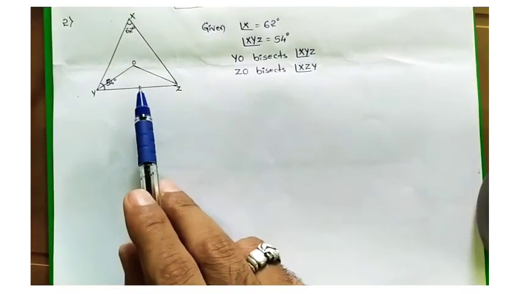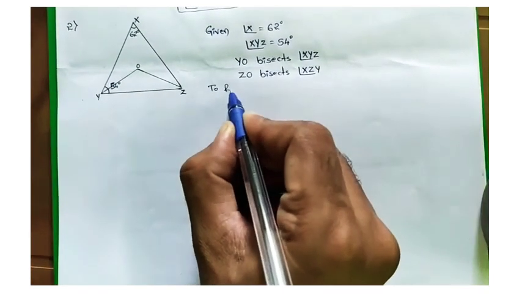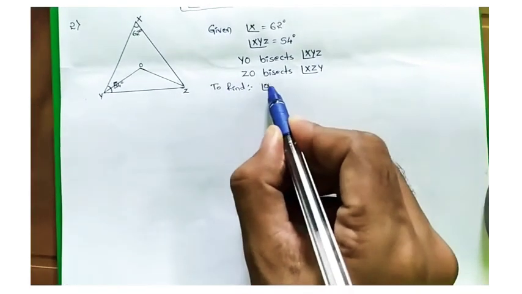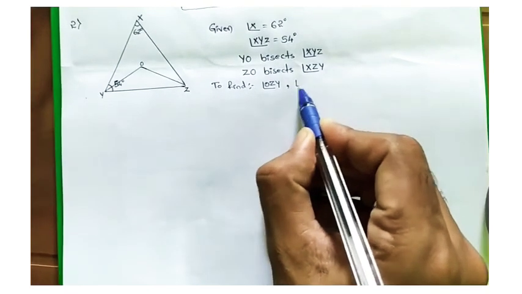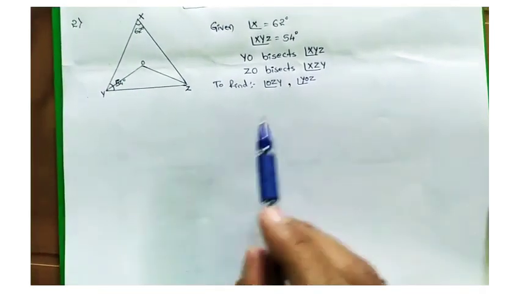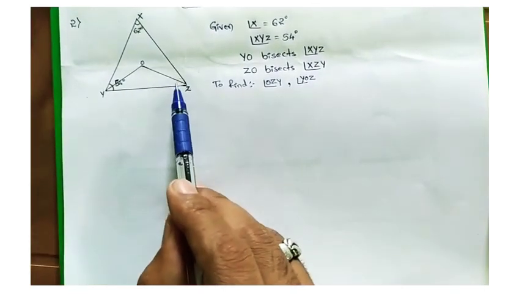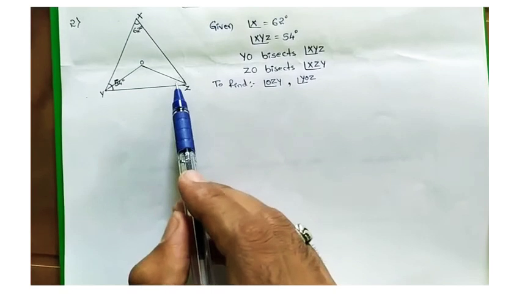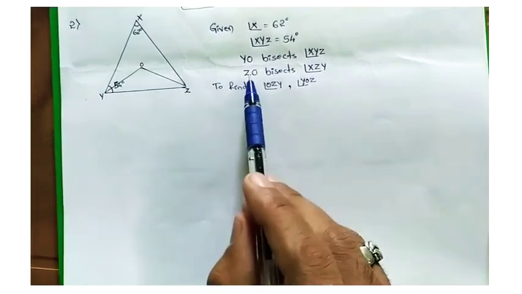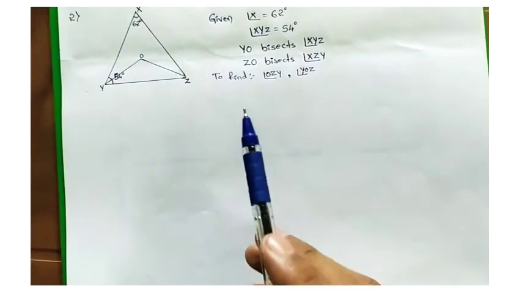So first redraw the diagram and write the given points, and what you have to find. You have to find OZY, and another one, YOZ. So first one is OZY. Where is that? This one we need. But it is the bisector, where OZ is bisecting the whole angle, that is XZY. Here, ZO bisects XZY. So for this, first we have to find